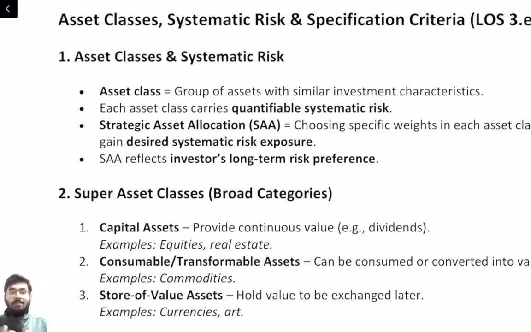Now coming towards strategic asset allocation. It means I am deciding how much money to put in each asset class, like 50% for equity, 30% for bonds, 10% for gold and 10% for cash. Clear? Now this decision is not random. It reflects how much risk the investor can take and what kind of systematic risk exposure I want. If I put most of my money in bonds, that means I am looking for interest rate risk. But if I put most of my money into gold, then I want to cover the inflation risk. Clear? Are you clear with this?